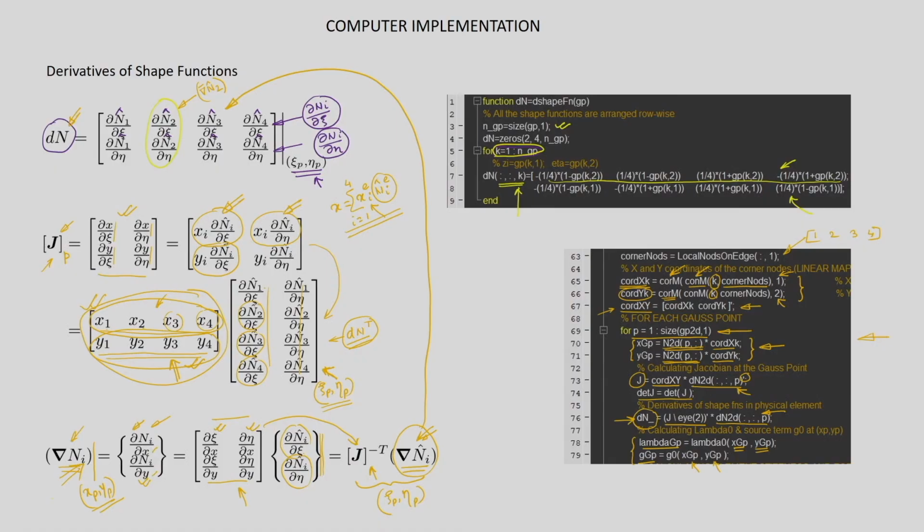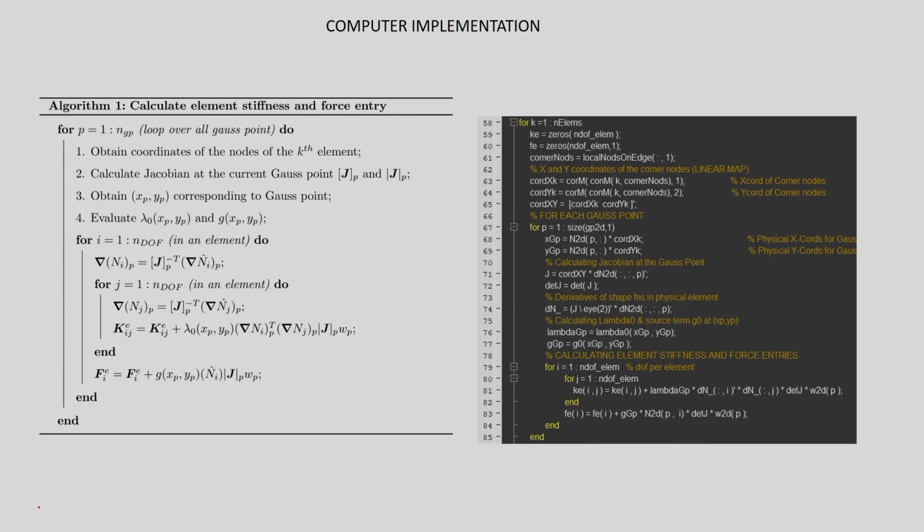Now, construct the element stiffness matrix and element force vector, and take care of the Neumann boundary part. Then we will assemble the element contributions to the global system of equations, and finally enforce the appropriate Dirichlet boundaries, and then solve and visualize the results. So, let us now look at the process or procedure by which we calculate the stiffness entries and force entries for a given element using Gauss quadrature.